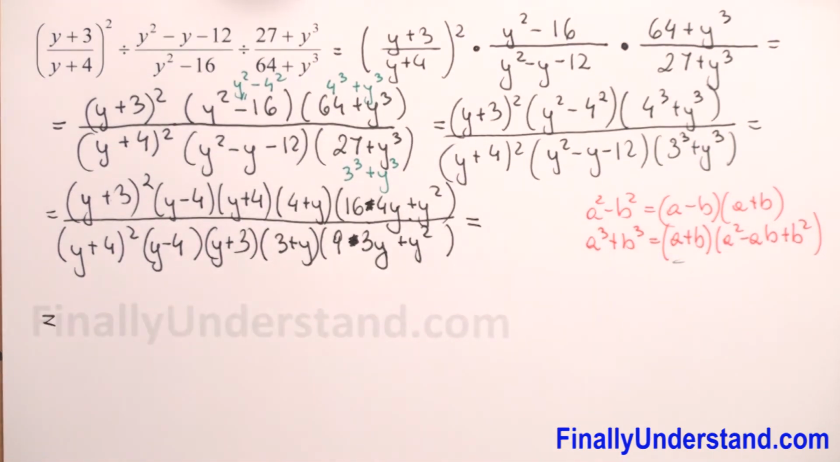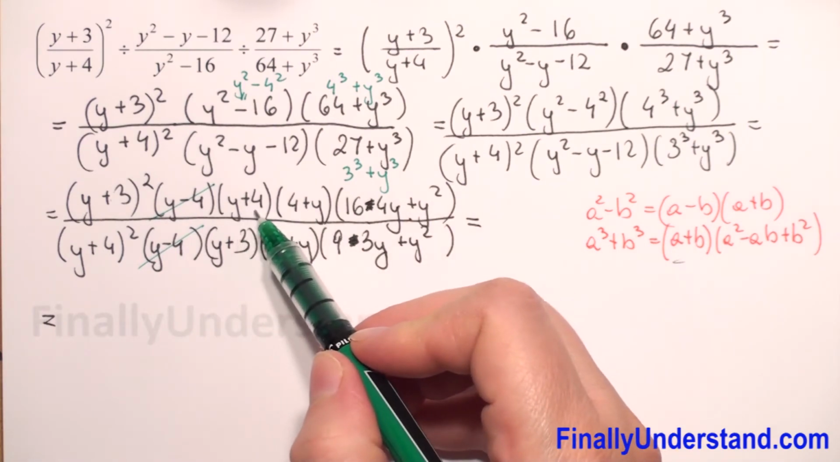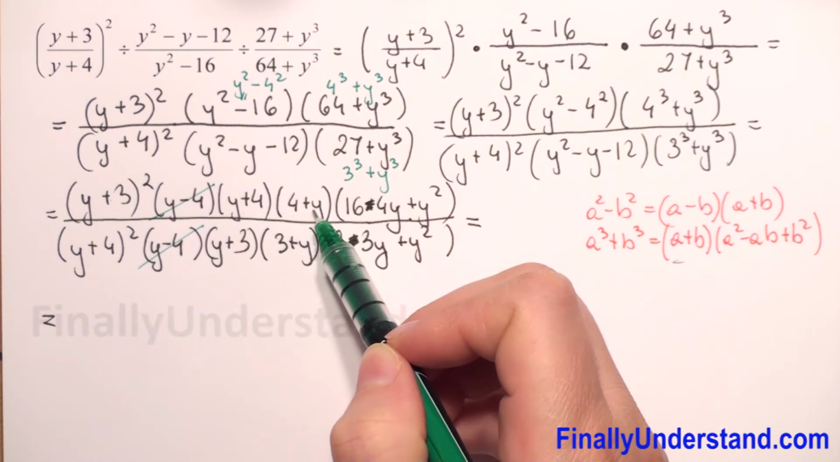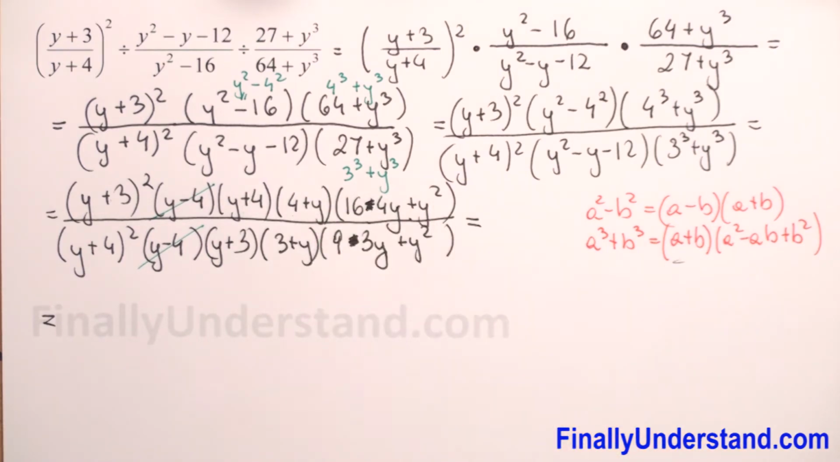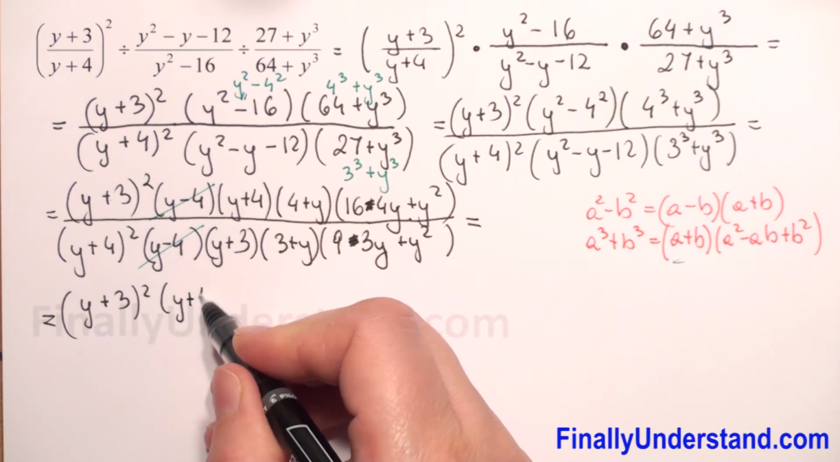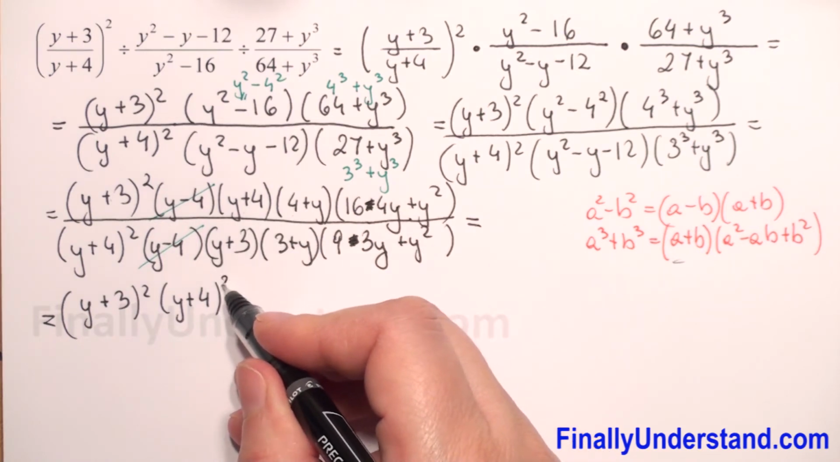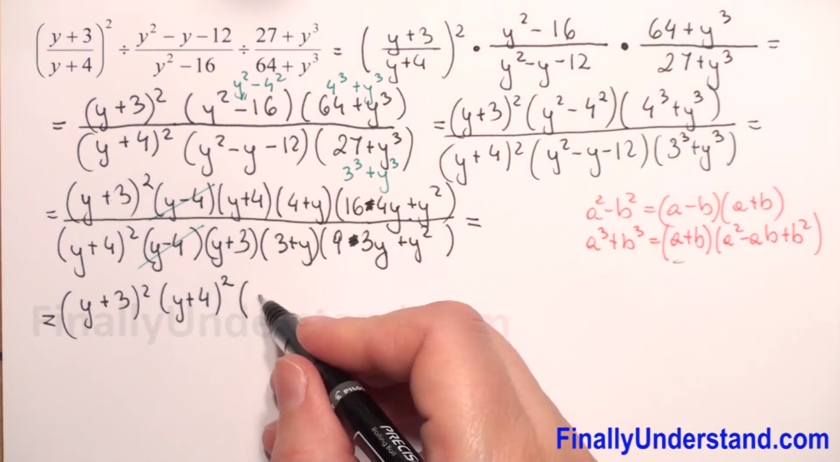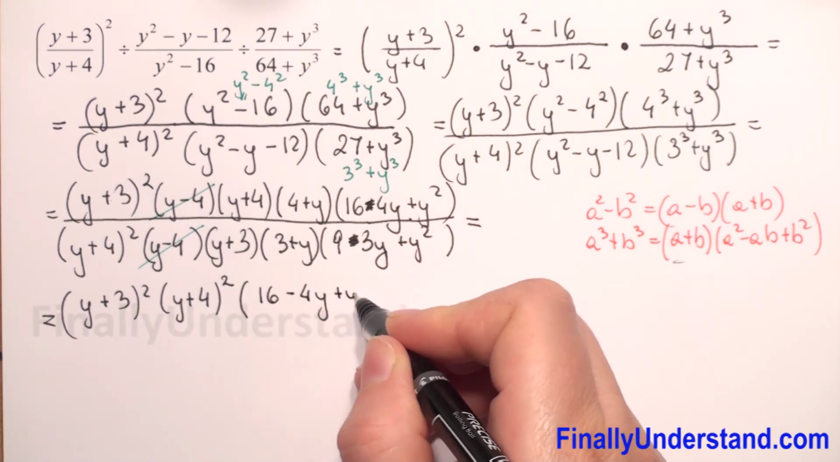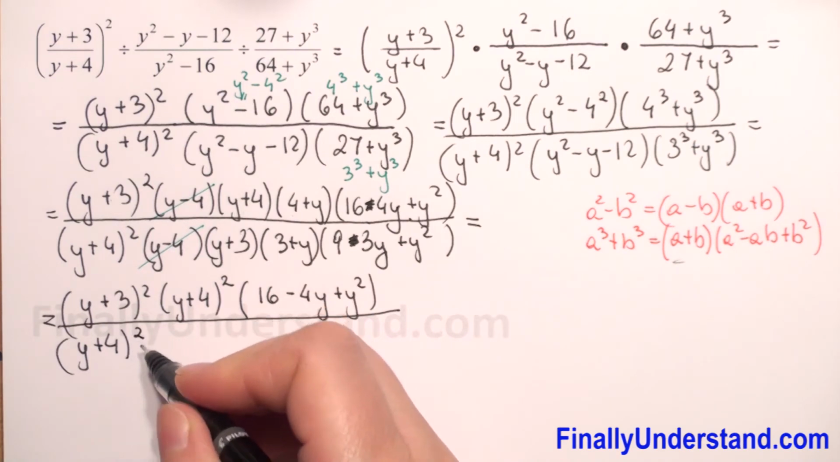So this is equal. Next we have multiplication, so we can check if we can reduce something. We have y minus 4 and y minus 4, and we have y plus 4 and 4 plus y is the same. So let me rewrite this. We have y plus 3 to second power, and we have y plus 4 times y plus 4, so y plus 4 to second power, and in the last parenthesis we have 16 minus 4y plus y squared over, and we have y plus 4 to second power, and